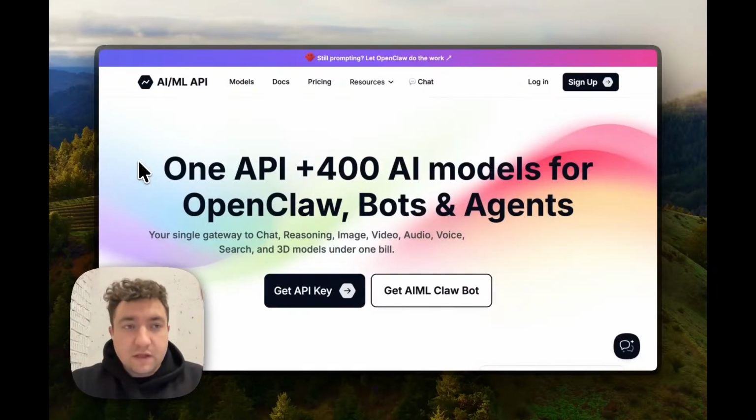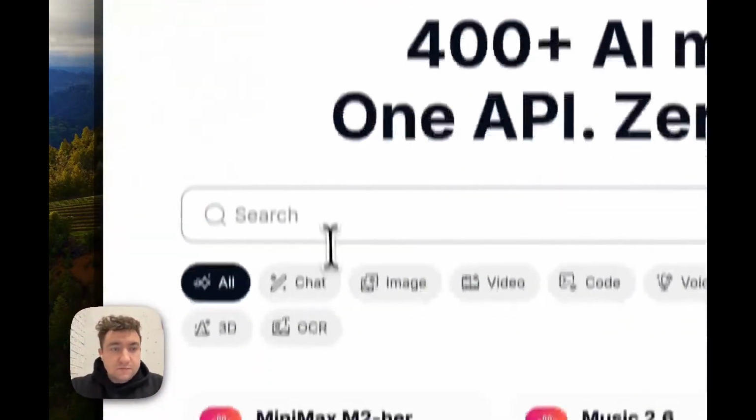Hey everyone, my name is Valera and I'm from AIML API. Before we dive into the Hackathon stuff, let me quickly show you what we actually do, because this might be new for some of you. So we're an API aggregator for AI models. Instead of signing up with 10 different providers, managing 10 API keys and 10 invoices, you get everything through us with a simple integration. Let me just scroll through our catalog so you can see what I mean.